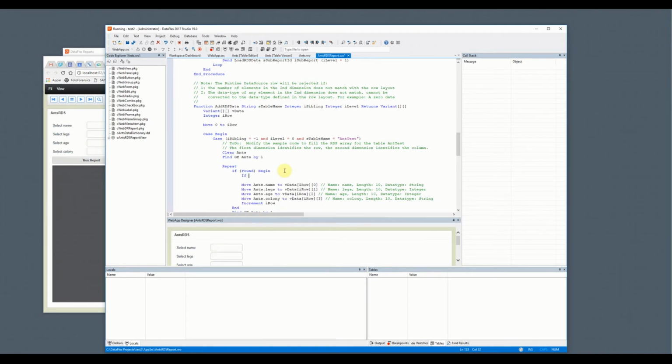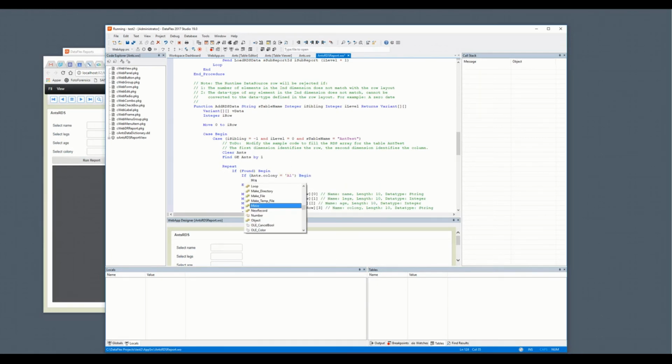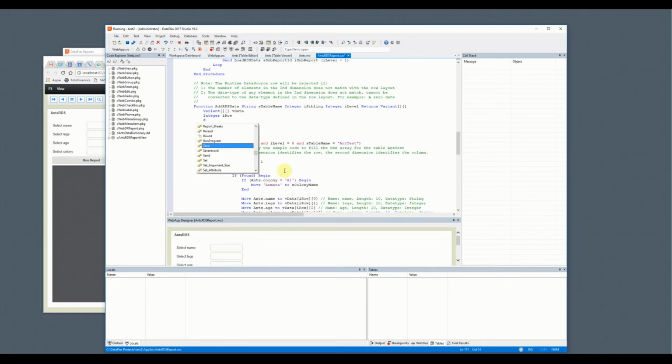So we can say if ants.colony equals A1, then move Armata to is colony name, and we also need to declare this variable as string is colony name,